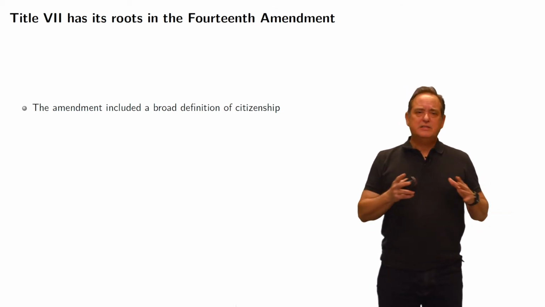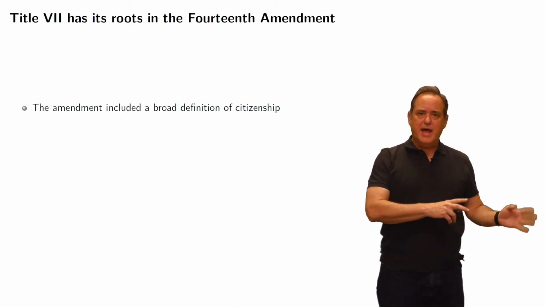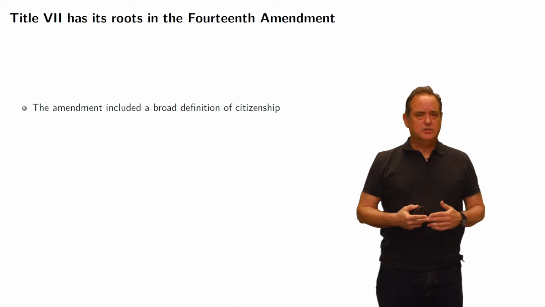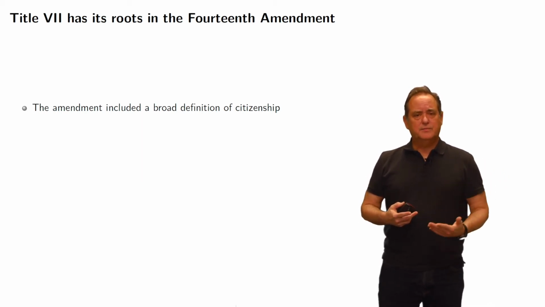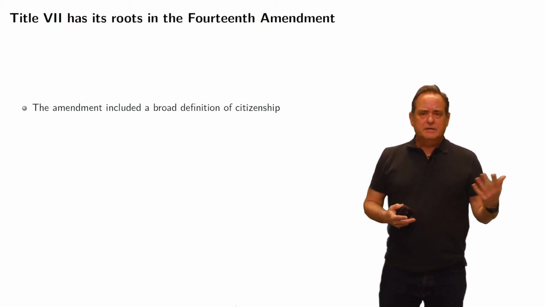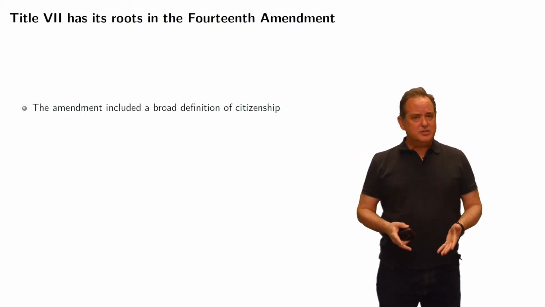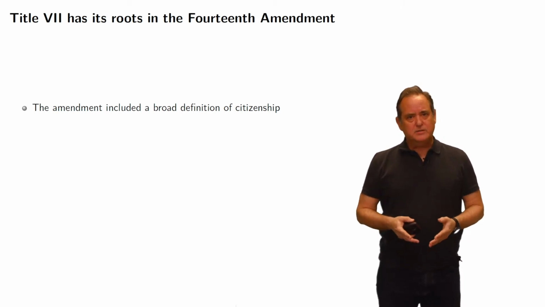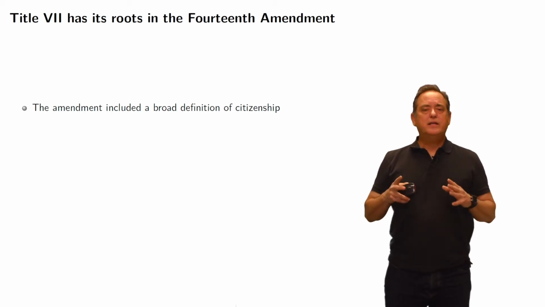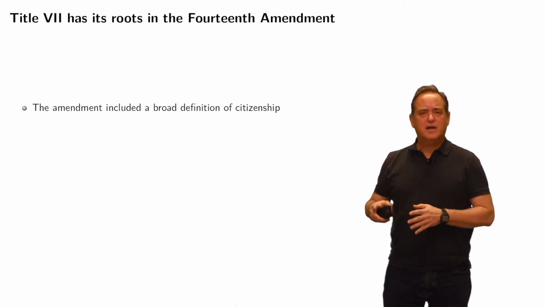Now again, critics would claim that this was just about how do we treat former slaves, and that once that group was made citizens, then we should drop the notion of birthright citizenship. Just last year or so, President Trump argued that he could sign an executive order ending birthright citizenship. But what people fail to understand is that birthright citizenship was on purpose, because what the drafters of the 14th Amendment wanted to do was prevent an underclass of people from ever developing again.